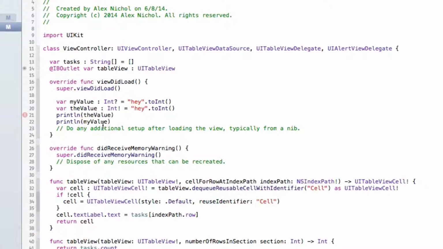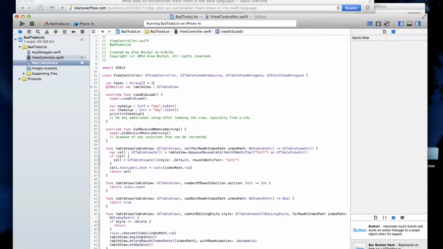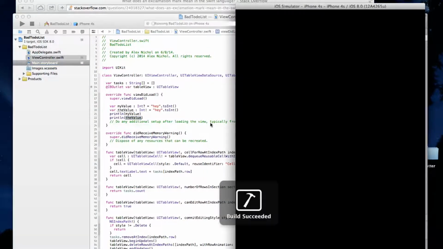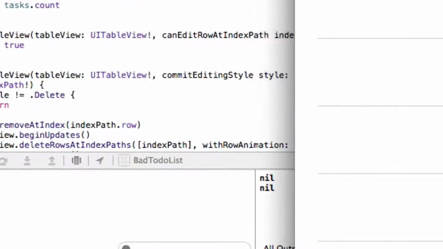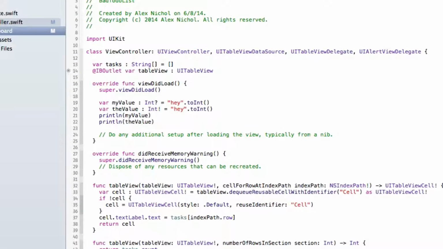See, because I'm not using an exclamation point here, I don't think it's going to try to unwrap it. I think it should print out like nil or something like that, or empty or whatever. Here, I don't know what would happen. If there'll just be some sort of error. Well, it printed nil twice. If I do the value plus 3,